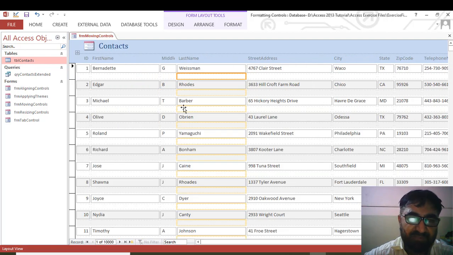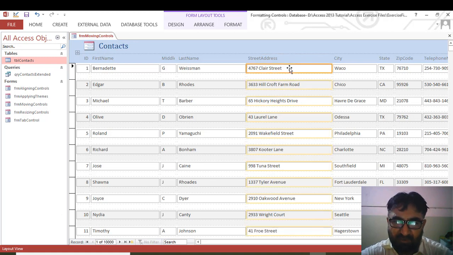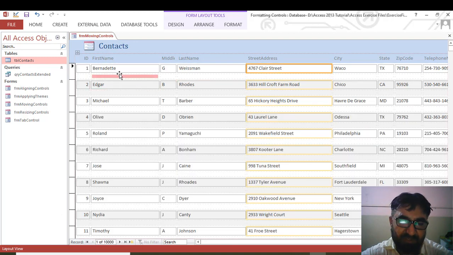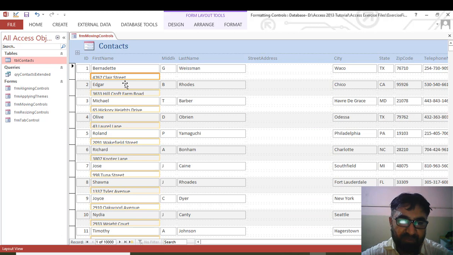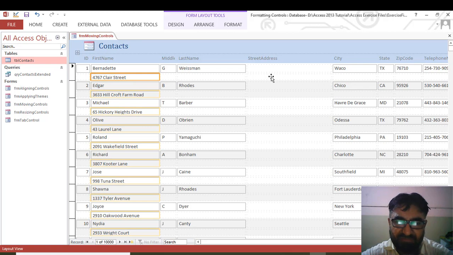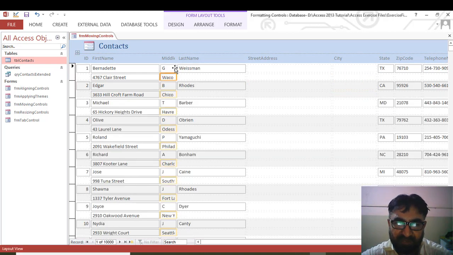For example, this is the first name, the middle name, the last name, the address, and look at this. I want to move this address column. This address column is coming here, and I release my mouse. My control is shifted. And the city, I will bring the city here. The city is here now. If I make this a little wider,